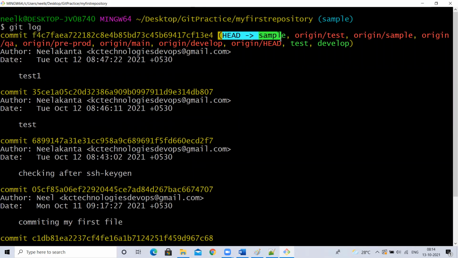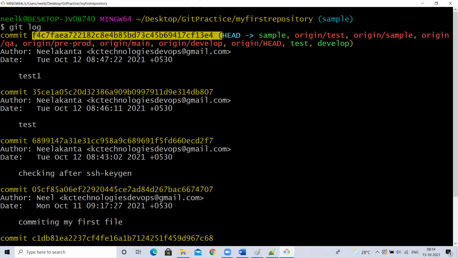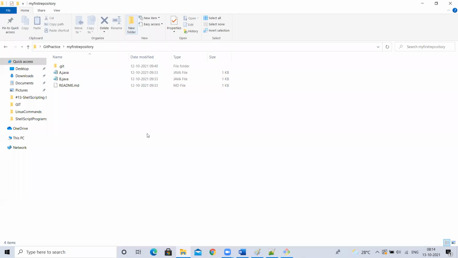So HEAD is the sample branch, meaning wherever you see the head version, it means the latest version ID or the latest commit ID. Whenever we created the test branch, or pulled, or committed, what is the latest commit ID? When I pull the latest changes from my GitHub repository, someone has committed the latest commit, and that ID will be the latest commit ID.